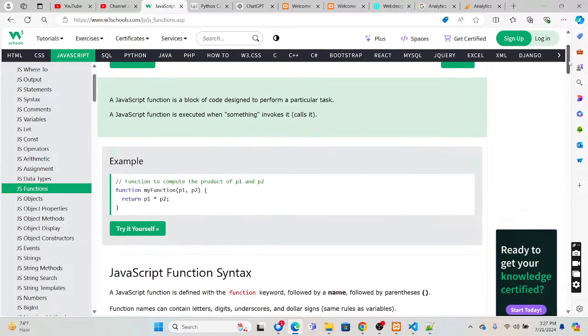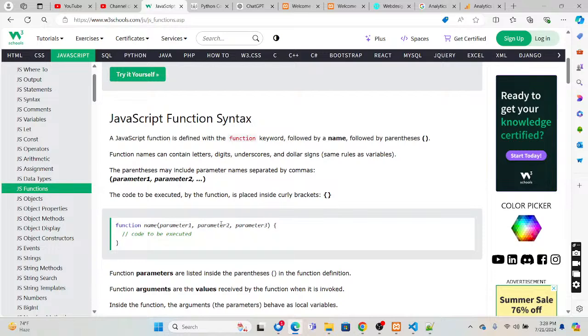Functions. It is an important concept in any programming language. If you want to create a block of code and perform that particular task repeatedly, you can create a function and pass it some value, and based on that it can act on it and return. So the function name, parameter 1, parameter 2, and you can have a return. Okay, that is the example.